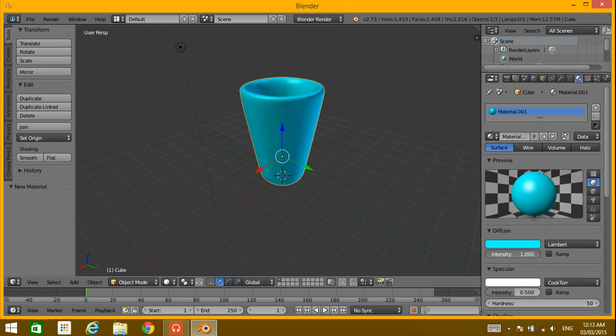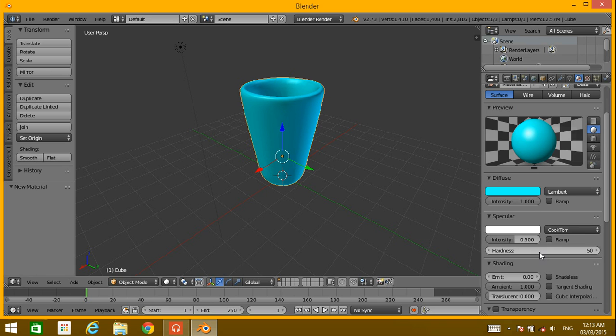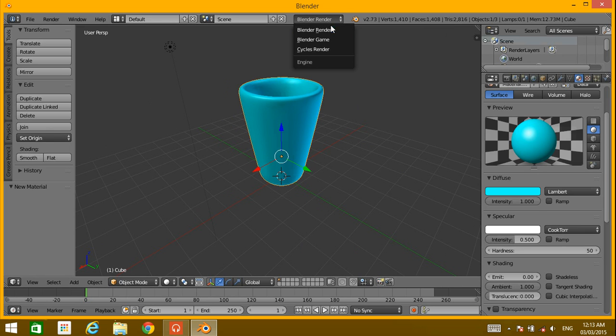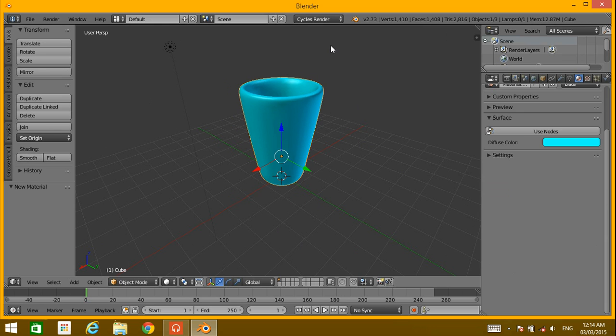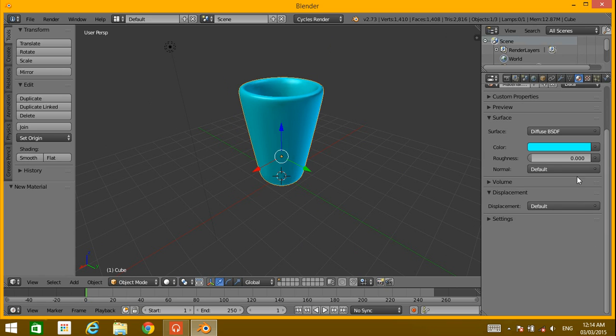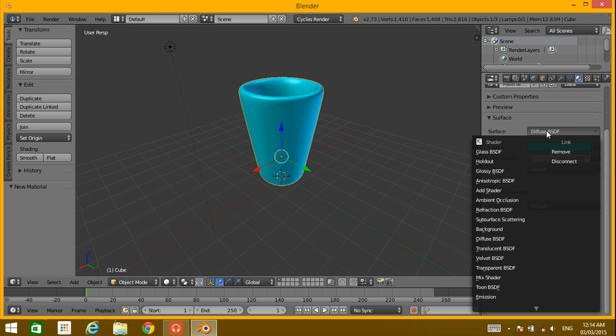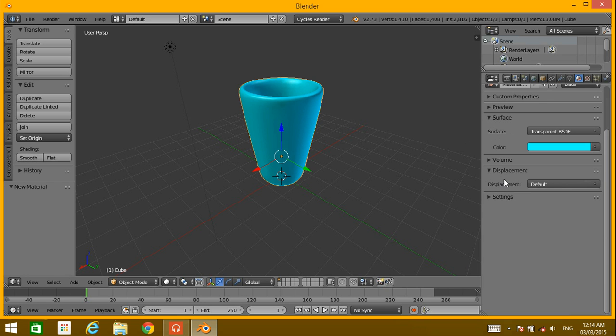Alright, intensity maybe high. Okay, and to render it I'm gonna switch to Cycles render, use nodes, and from diffuse BSDF I'm gonna select transparent BSDF.